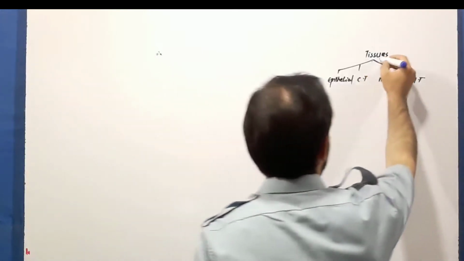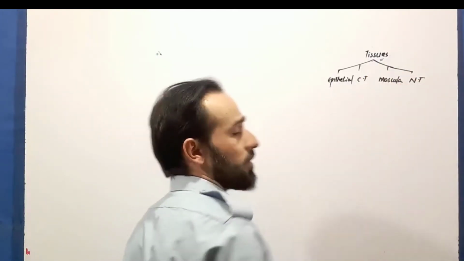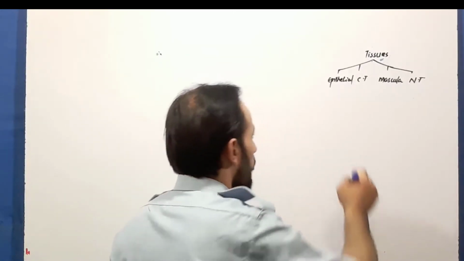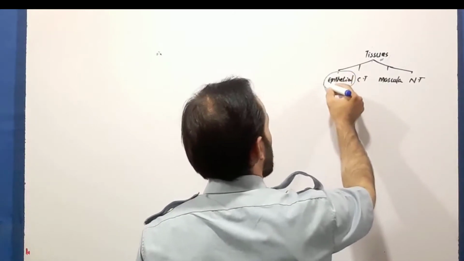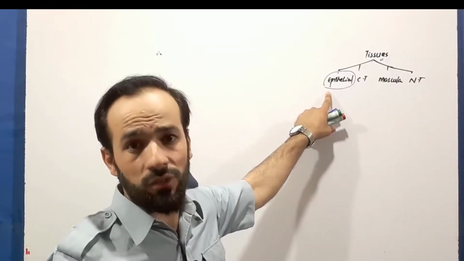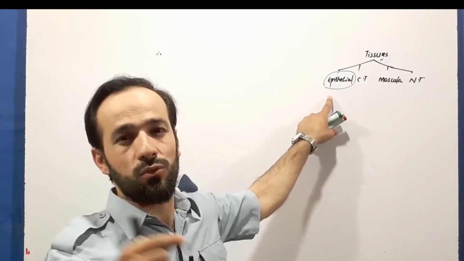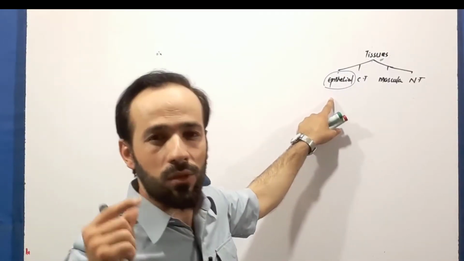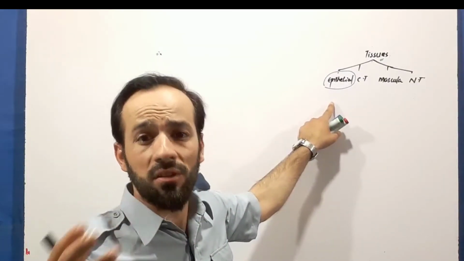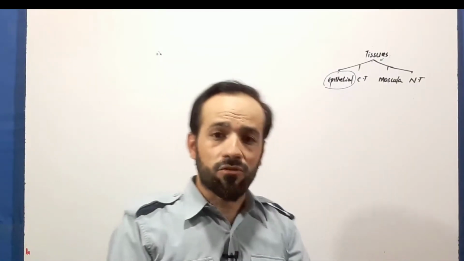In the first lecture regarding tissues, I did just the introduction: what tissues are and what is important about them. Then we started to discuss the epithelial tissue. In epithelial tissue we have recorded about 11 lectures: what epithelial tissues are, their classification, their locations in the body, which forms they are present in, and their structures, right? What is the structure on the basal side, on the lateral sides, and on the apical side.